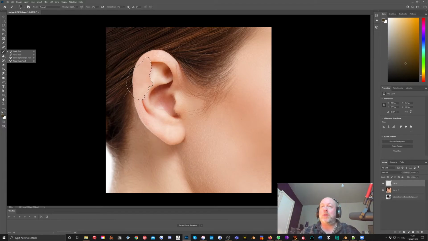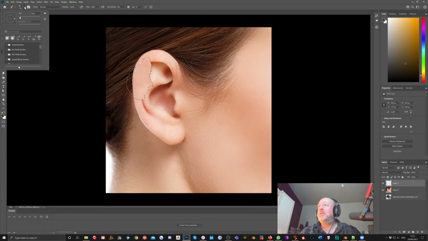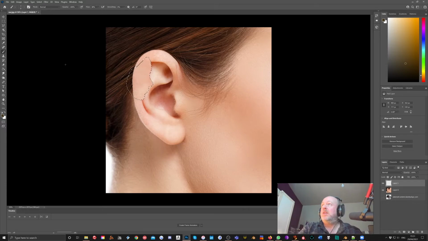Get my brush tool up. I want to try and paint some kind of highlights in. Just let me get an ordinary general brush, soft round. Wants to be a little bit bigger than that. I'm using the square brackets to increase the size. Now with any of the brush tools, if you hold down Alt and left click, it turns into the eyedropper tool, so you can pick up a colour and just draw it in. I've got my opacity up to 100% and my flow down to 38 here,